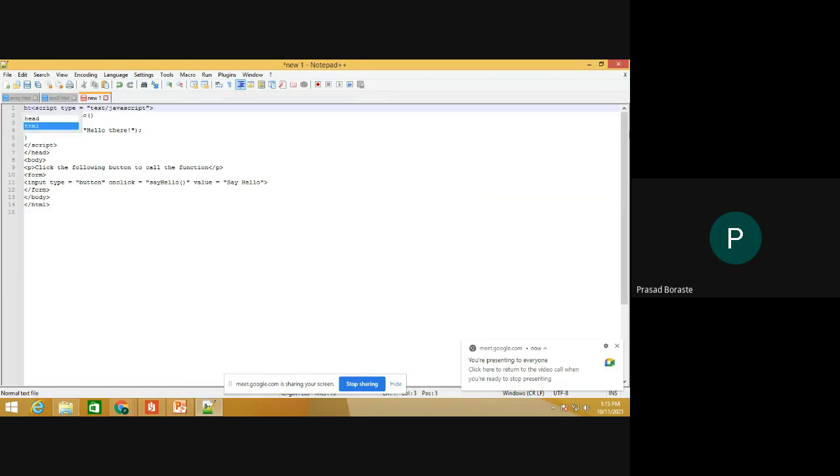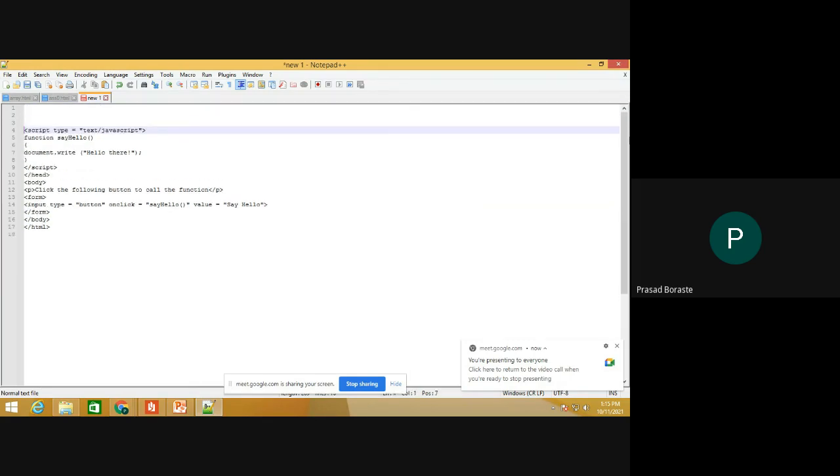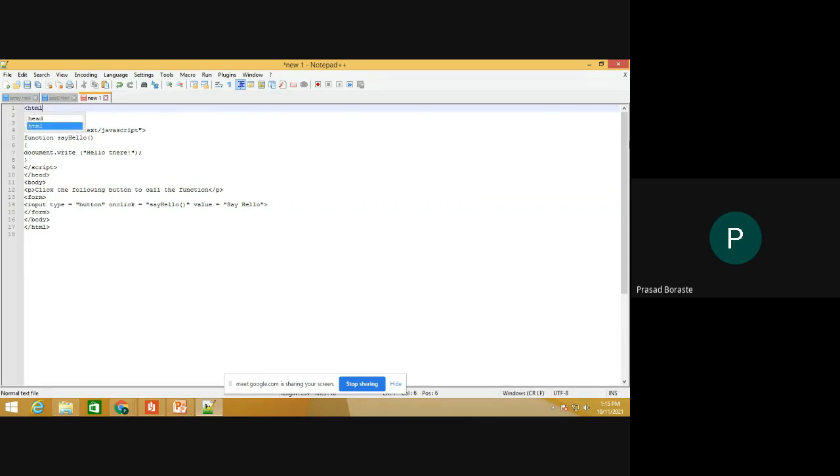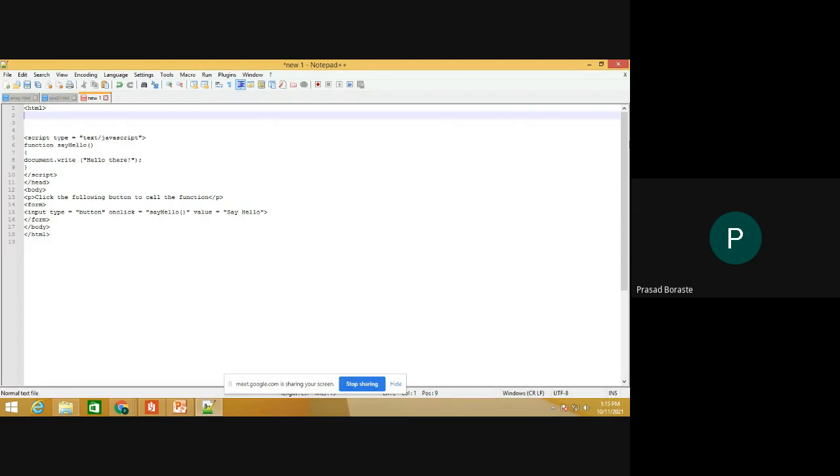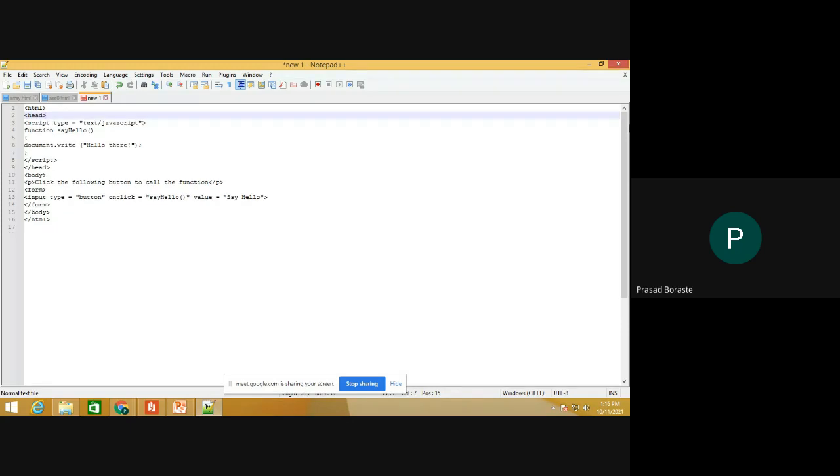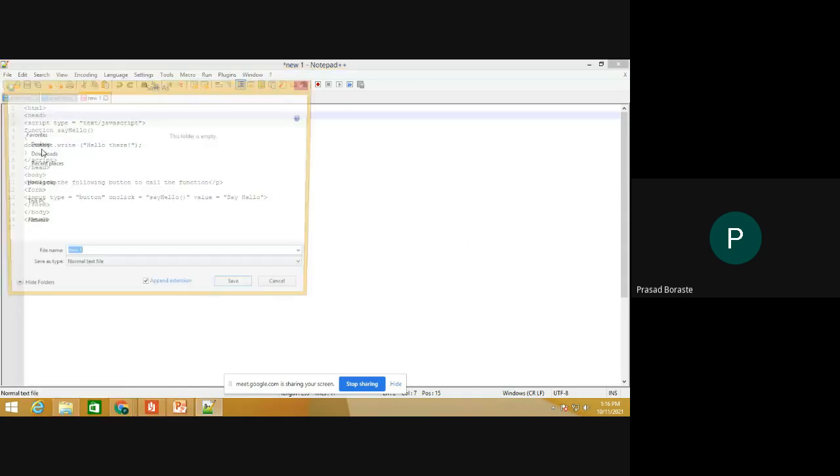This is the HTML tag. Save it as an HTML file.